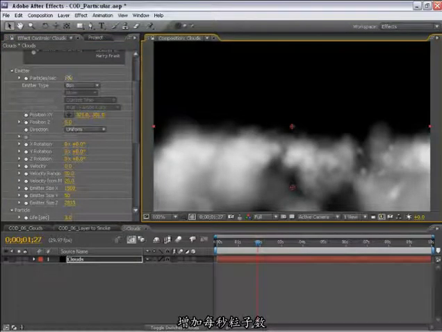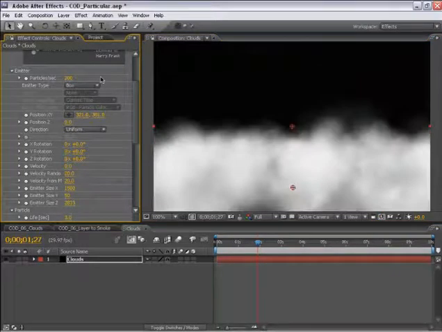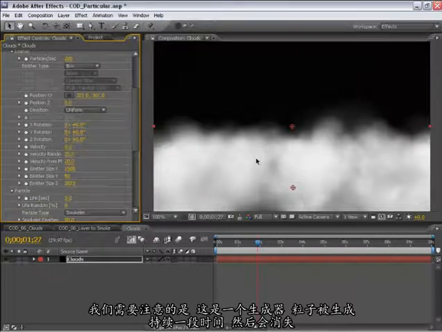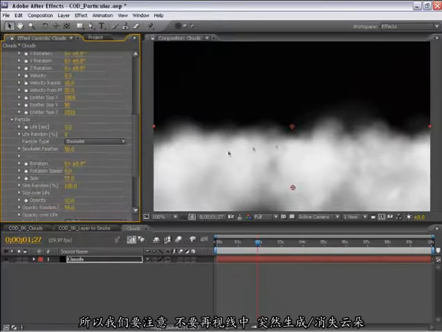Now, if I turn up the particles per second, it should start to fill out our cloud shape here a little bit more. And by and large, that will get us the bulk of our clouds. Now, what we have to be mindful of is that this is a particle generator. It's going to generate a particle, it'll do something, and then it dies. So we have to be mindful of the fact that we don't want to see cloud shapes popping in and